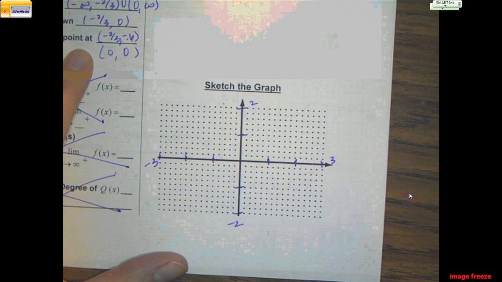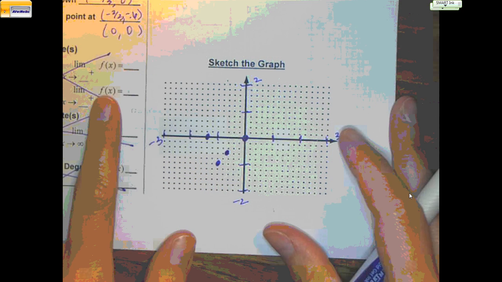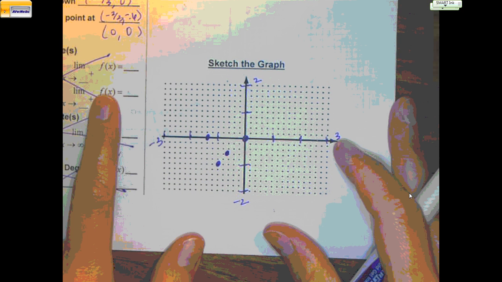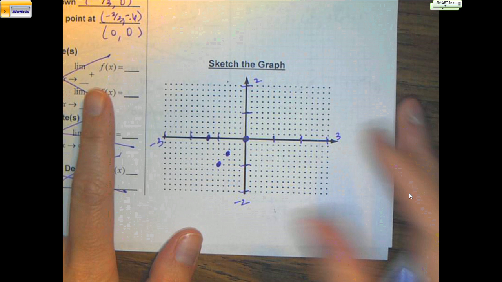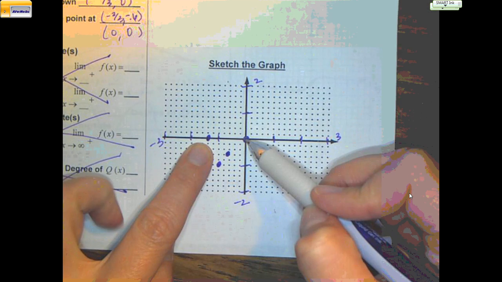Points we know for sure that are on the graph are our x and y intercepts. So those two are x-intercepts, and then the one on the right. We know that this point down here is a minimum. We also know that this point right here-ish, it's a sketch, it's not exact, is a point of inflection. So we know for sure that those 4 points are on the graph. Once you get all of them in,